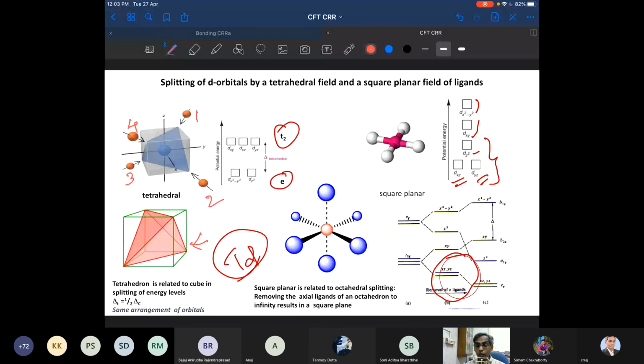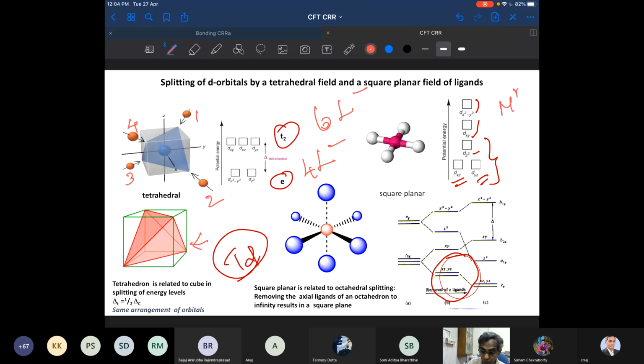In a tetrahedral, the ligands come at alternate corners. As a result, the interaction is completely different from the octahedral. Are you getting my point? Yes, sir. I got that the interaction is different, but still I'm not able to visualize why it is less as compared to octahedral. In the octahedral case, we have 6 L minus coming. In the case of tetrahedral, we have 4 L minus coming.